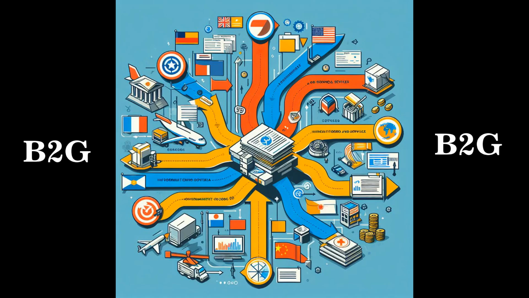Number three is business to government, that is B2G. B2G is the online exchange of information and transaction between businesses and government agencies. Also known as e-government, B2G allows government agencies and businesses to use electronic means to conduct business and interact with each other over the internet. An example of a B2G site would be one that offers electronic tax filing.